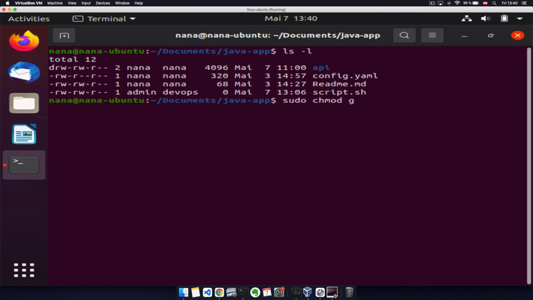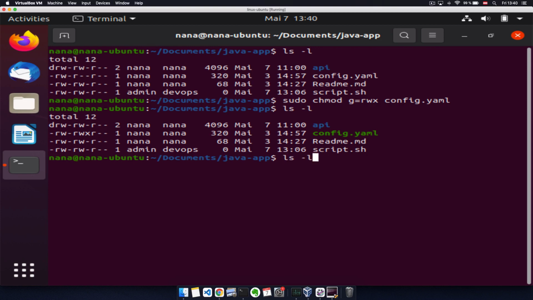Again, we have g, and instead of specifying plus w and then plus x, we can do equals, and then we can write out the whole block of permissions like this. So we want that group to have read, write, exec, and the file name like this. And the same way we can